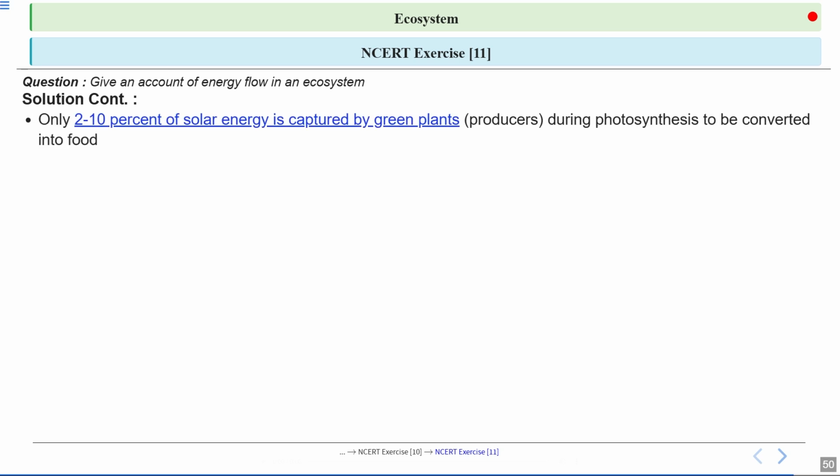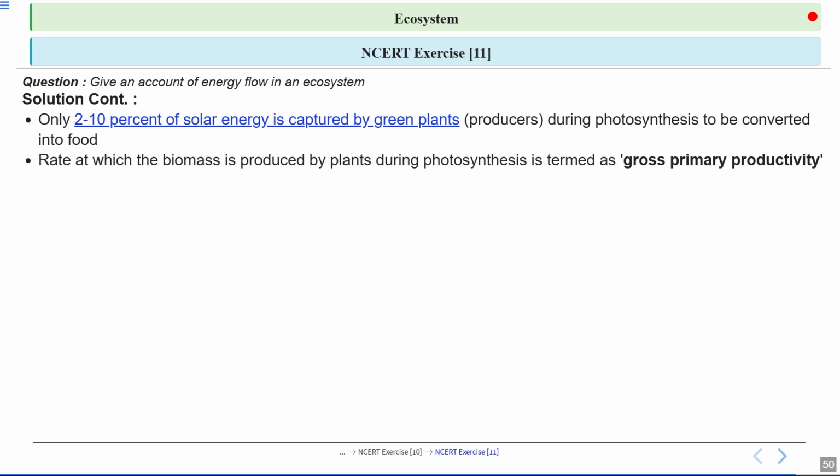Only about 2 to 10% of the sunlight that reaches earth is used by the green plant. Basically, 2 to 10% of the PAR is utilized by the plant to carry out photosynthesis, through which they make their own food. Okay, now there are two kinds of productivity: gross primary productivity and net primary productivity. Gross primary productivity is the total amount of biomass that plants produce through photosynthesis in a given area and time,